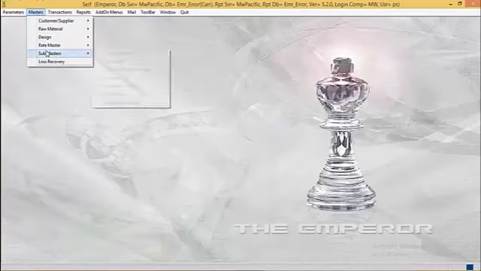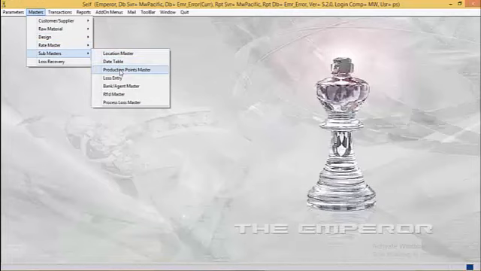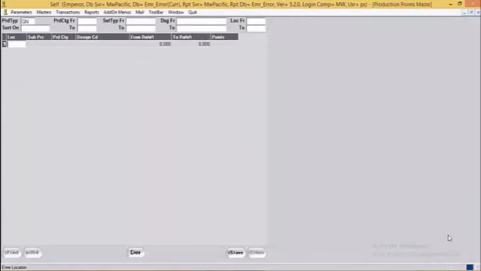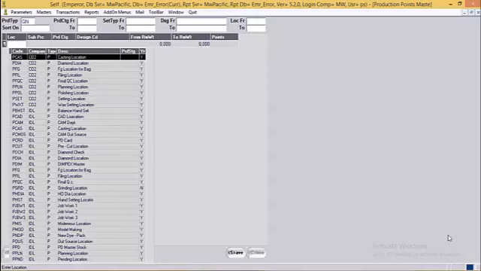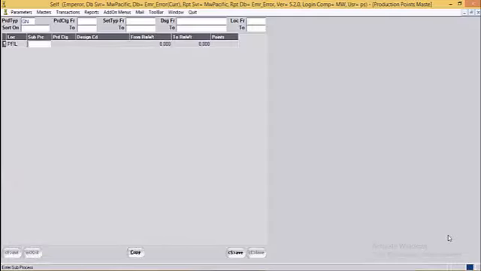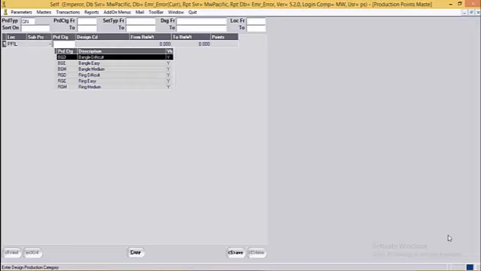Next is production points master. In the production points master, user can define the points for a given process location. For example, say filing, then the sub process, then the production category, basically defined as difficult, easy, medium.